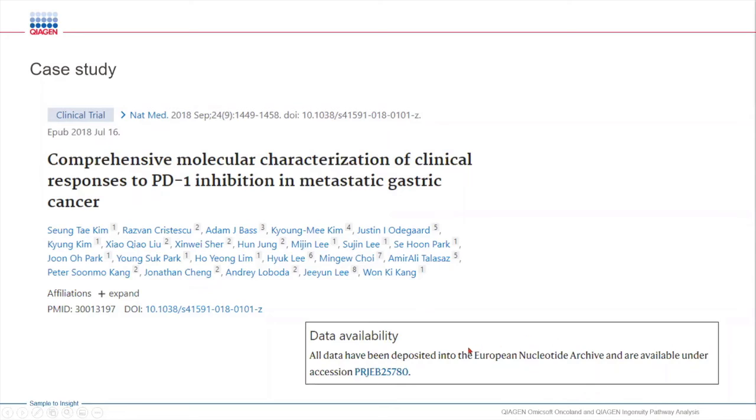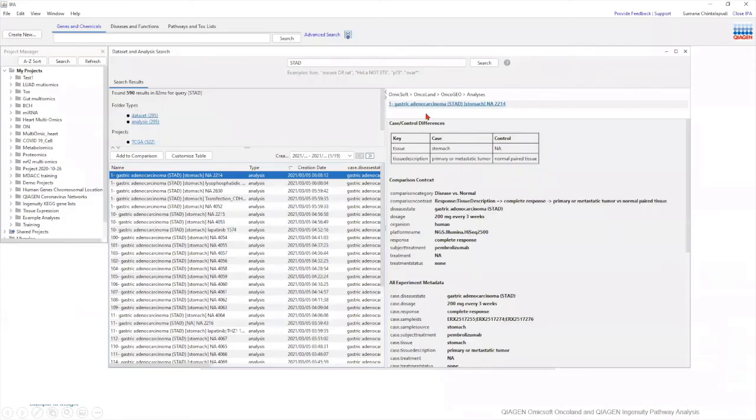So all we have to do is copy this accession ID, go back to the IPA, and just paste it on the search bar. So instead of STAD, I'm going to just paste this project and click search. I'm going to paste this ID in the chat box. So if you are accessing IPA, if you have IPA open up, you can search for this project and maybe follow along the steps with me.